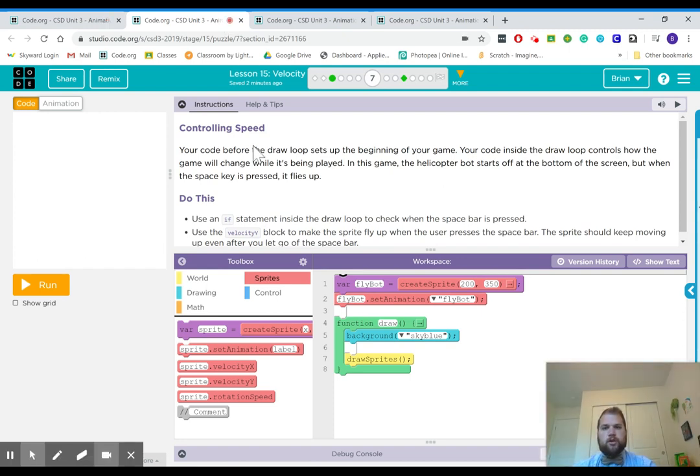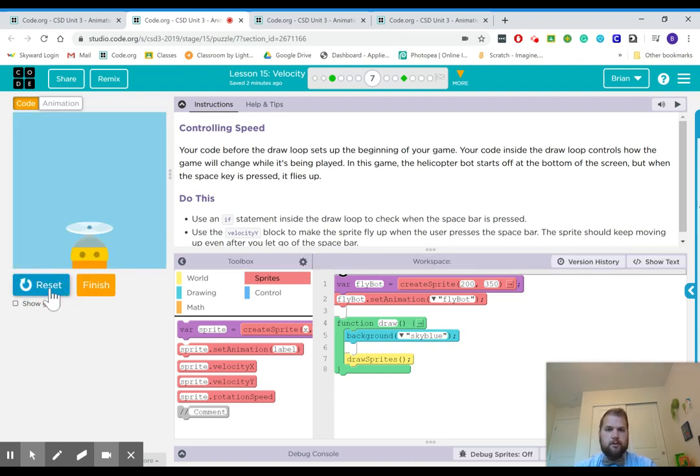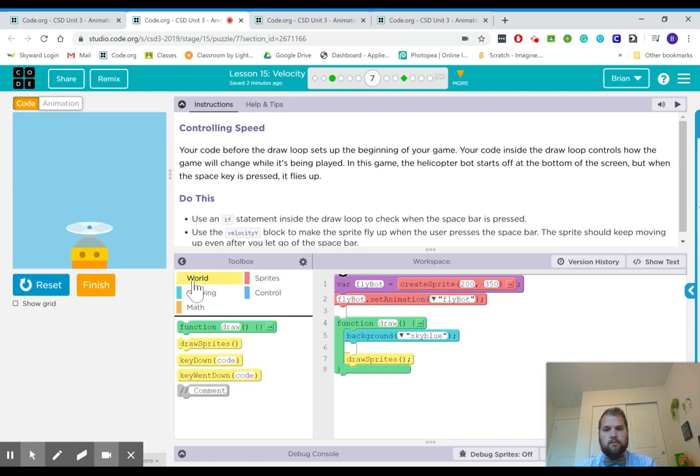For this one, we're going to use an if block and velocity y to make this flybot float up the screen. Okay, right now it's at the bottom of the screen, and we want to hold down the space bar to make it go up. So under world, we're going to find key down. Key went down would make it go up for a second when we hold it down,